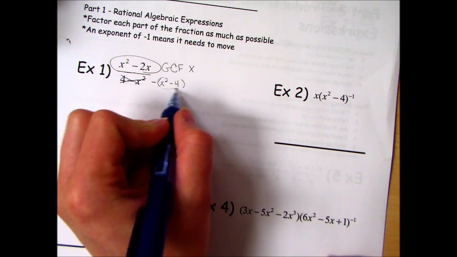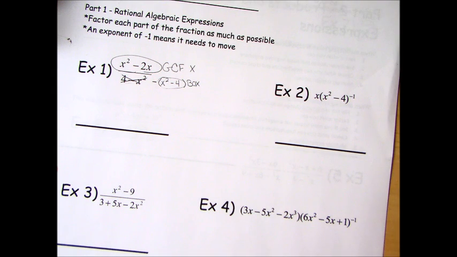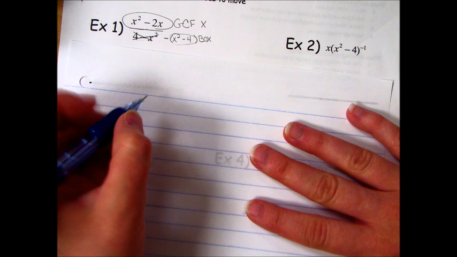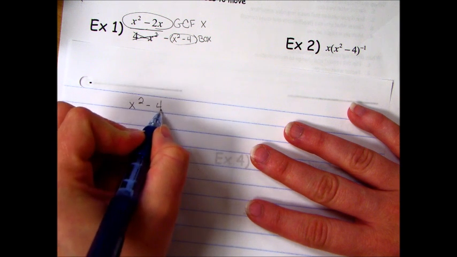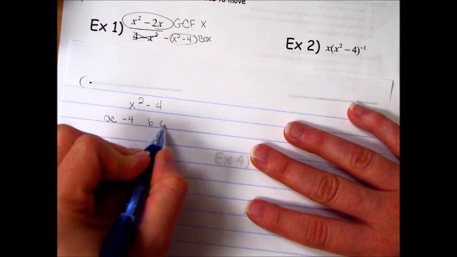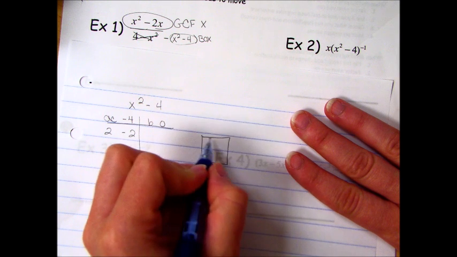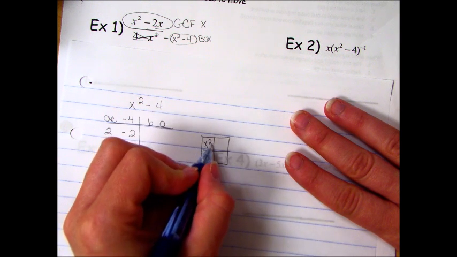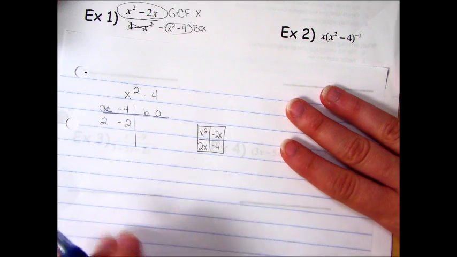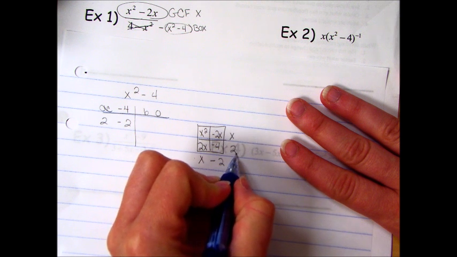This particular stuff inside of here is a box problem, or a factoring problem, because it has an x squared and it's a perfect square. What I would suggest you do is have a scrap piece of paper and factor on the side. So we need AC to be -4, B is 0, so we will use 2 and -2. Then you will make your box, put x squared in the top, a minus 4 in the bottom, your 2x and your -2x here. Find your GCF of x and -2 and x and 2,